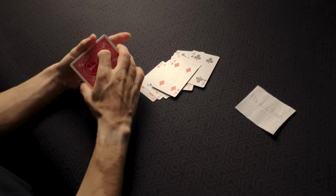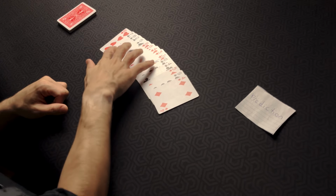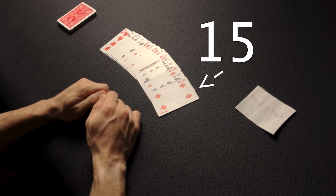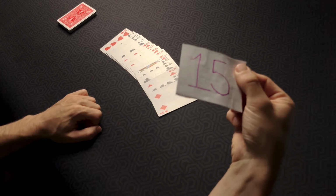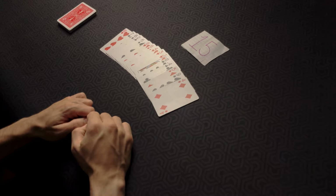Square up the cards and spread them on the table. Show your spectator that there were 15 cards face up in the deck, and that the number that you've written down in your prediction, it's also 15. Your spectator will have no idea